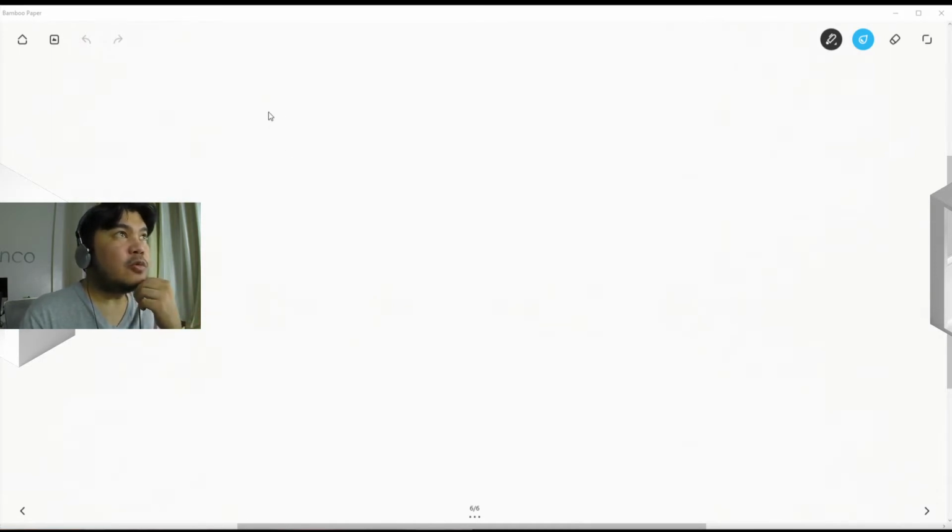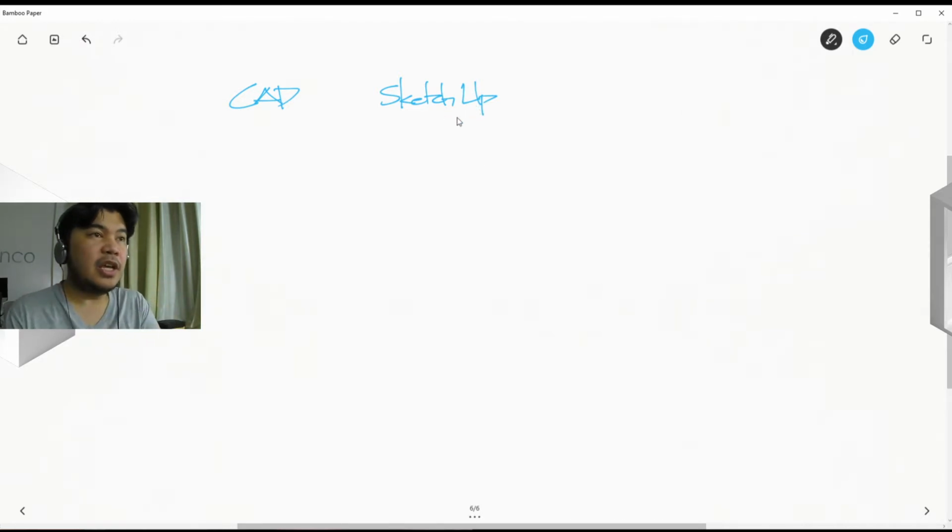All right. So we started this off with CAD, computer aided design. So this helps us draw inside of the computer. And then recently we moved on to SketchUp. And this helps us draw 3D quite fast. Actually, it's one of the fastest. But there is such a thing called BIM, which is the absolute fastest tool ever. Why? Because